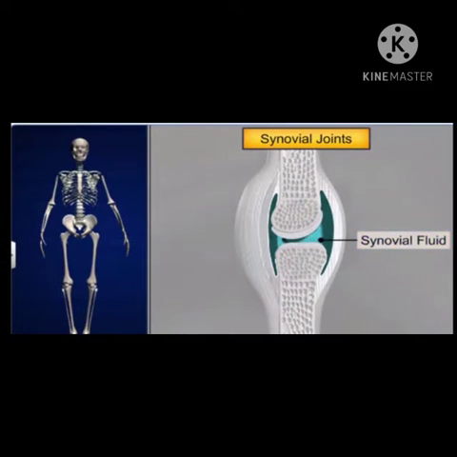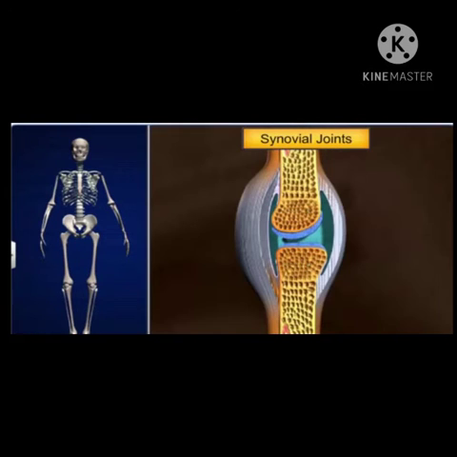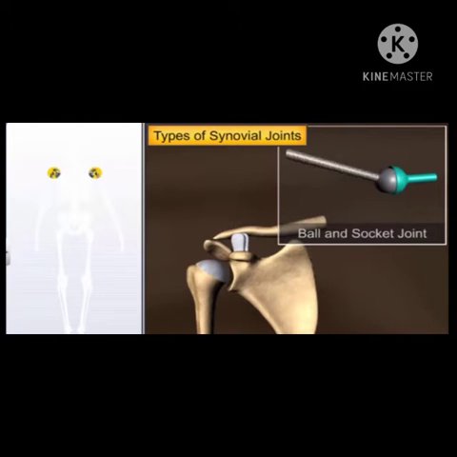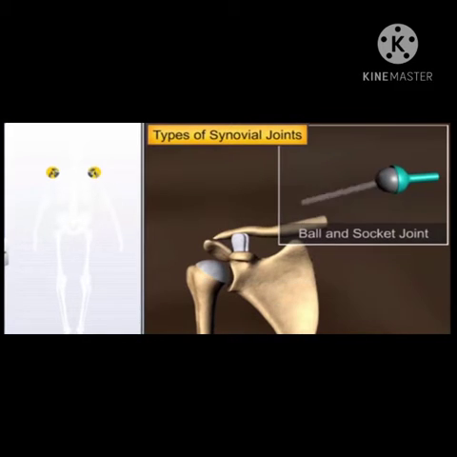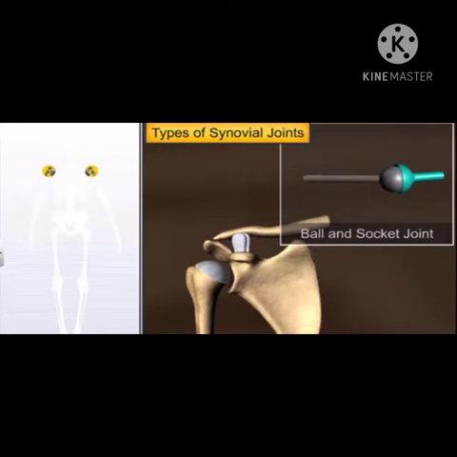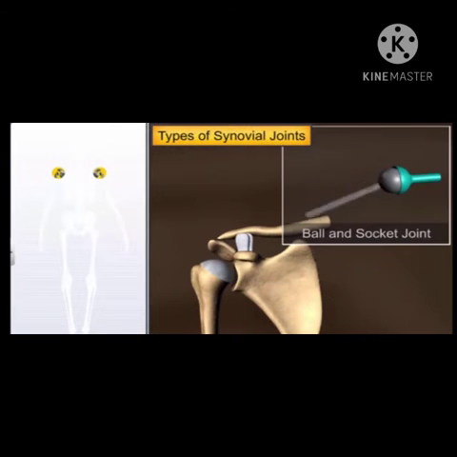Synovial joints differ somewhat in structure and in the kinds of movements they permit. Hence, they are subdivided into 6 types. First is your ball and socket joint, and in such a synovial joint, one of the bones has a ball-like structure, just like your humerus head, right? And it fits into a socket formed at the end of the other bone, that is your scapula, your pectoral girdle, the bone of the shoulder. The bone with a ball can move freely in all directions.